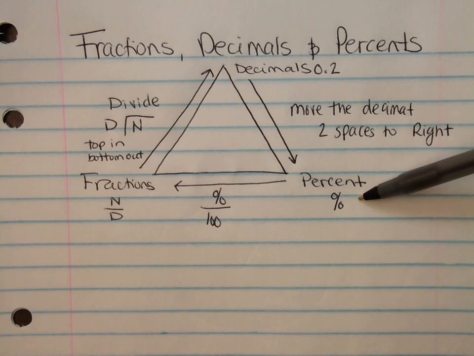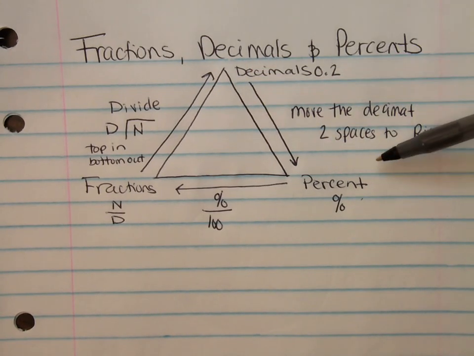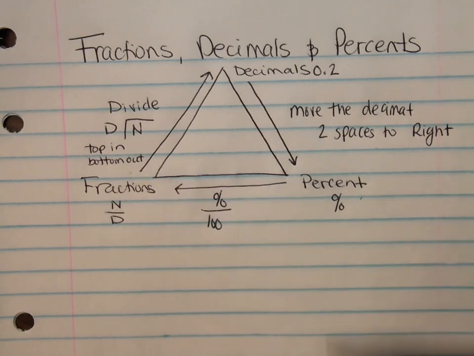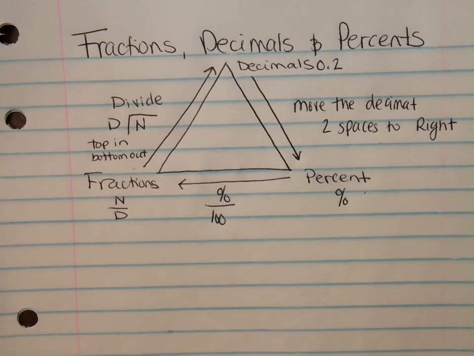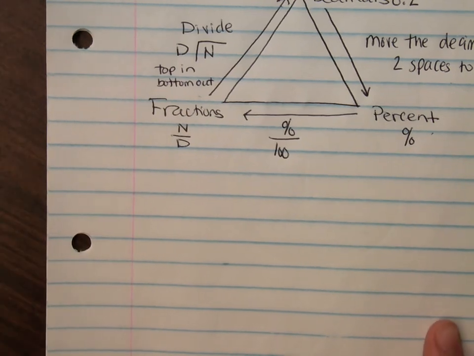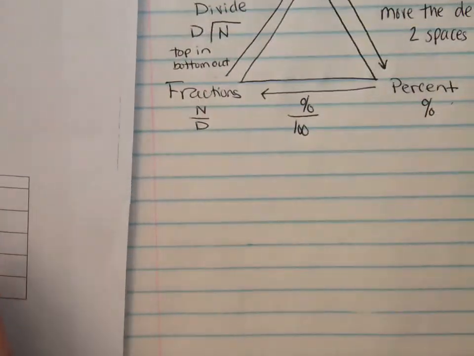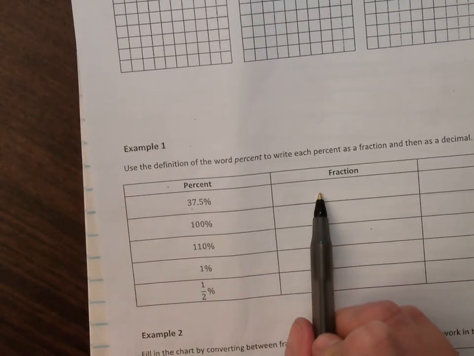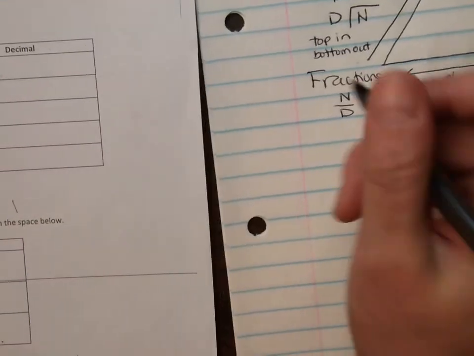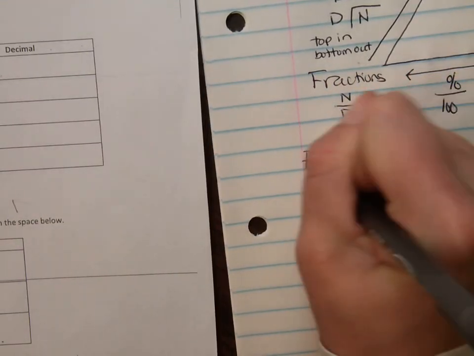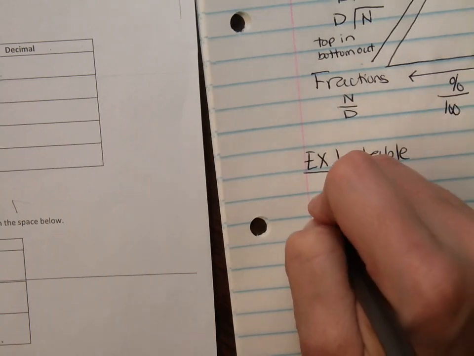So if you wanted to go from a percent to a decimal, you do the opposite of what's here. If you wanted to go from a decimal to a fraction, you would do the opposite of this. Okay? Alright, so we're going to now go to our worksheet that we have for the day, and I'm going to go back and forth between the worksheet and our paper just to show my work. So we're going to put our percent as a fraction and a decimal. Okay, so this is our example 1 table. So we have